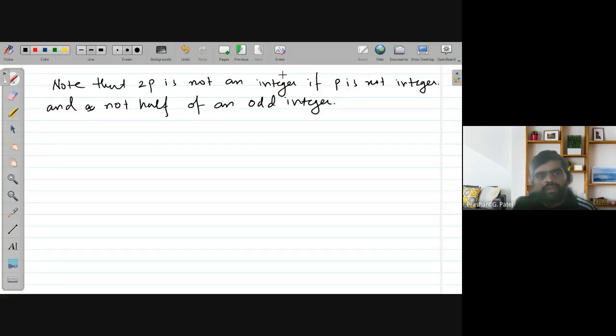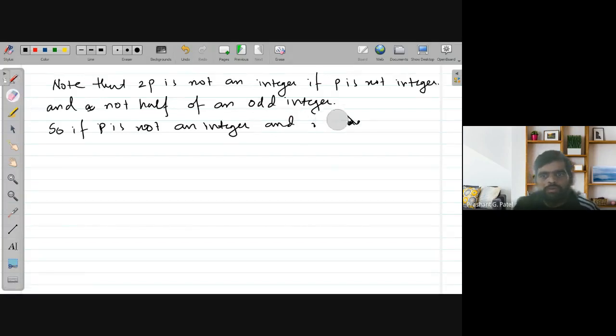So half of that, that is, if this is not an integer, p is not an integer. So if p is not an integer and not an odd integer,